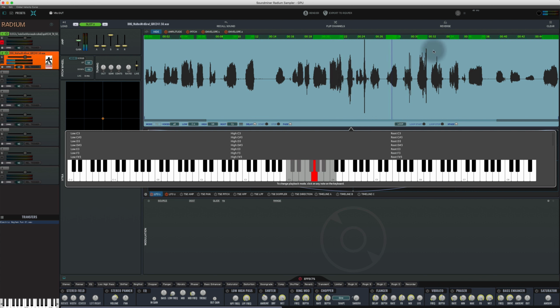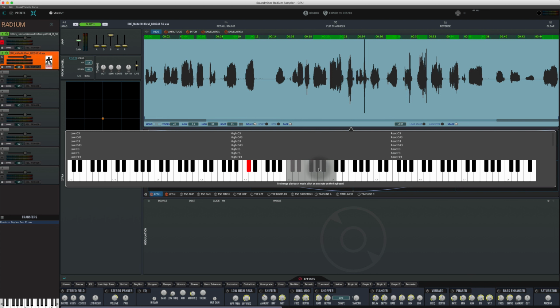F sharp, G, G sharp, A sharp, and B, and C, the next C up. So what that enables me to do is to always perform those exact things. Now you notice they're not changing in pitch, right? I've mapped them chromatically to the keys, but the pitch could be adjusted by the pitch wheel. And again, playing a note outside of that range will do nothing because these regions are only mapped to this